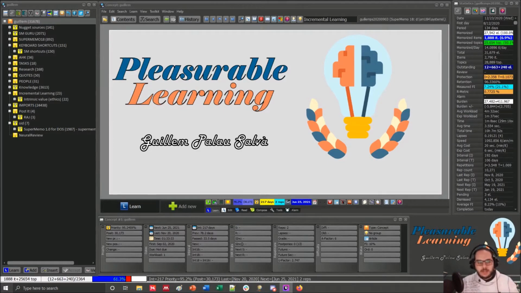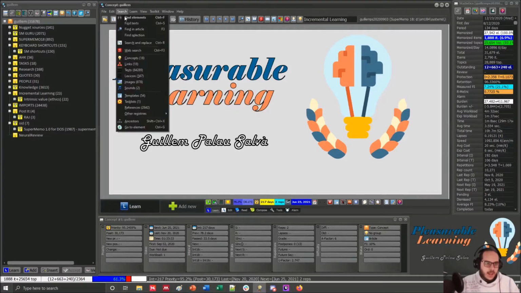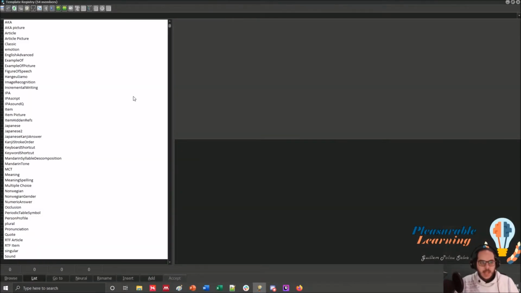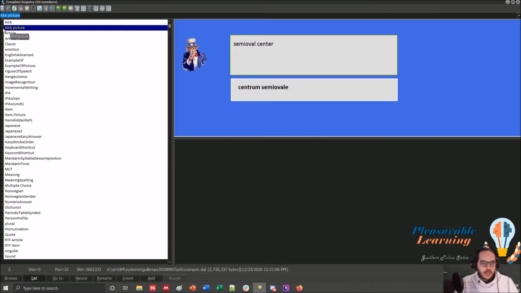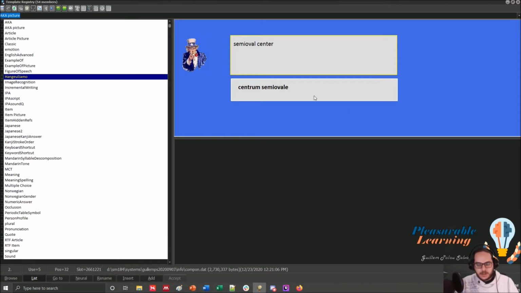So today I want to cover templates, advanced templates. I did advanced templates first or second week of starting SuperMemo. Oh, more than 50. Oh my god! But now I'm going to the next level. So for instance, that's the old one, also known as, with that picture as a component.